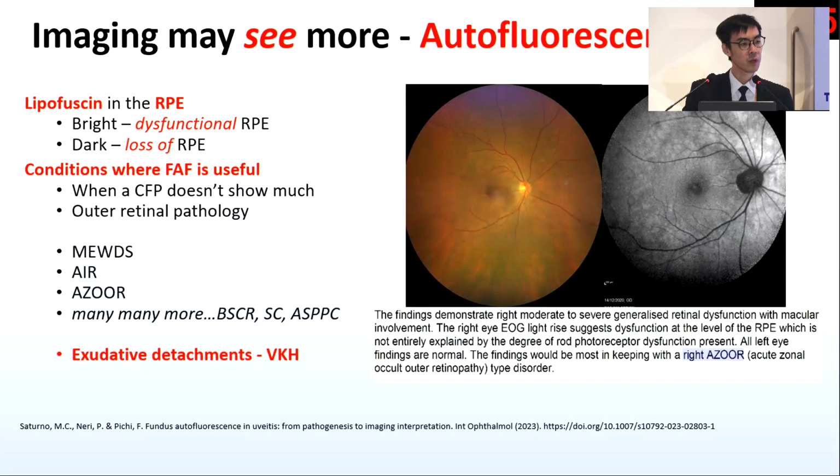Just one more. So again, a relatively normal color fundus photograph of a 50-year-old lady complaining of flashes and floaters. But on the autofluorescence, you see this annular hyper-autofluorescence around the disc extending towards the temporal arcades. Eventually, this patient had an ERG and was diagnosed with APMPPE.